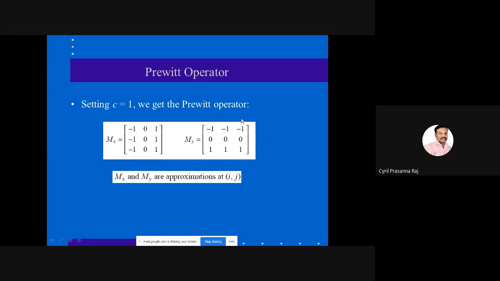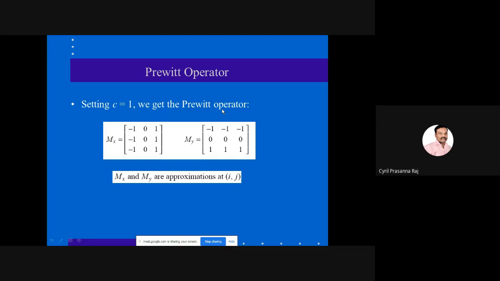Since they are taking across the columns, we call it the y mask. This is the x mask because we take minus 1, 0, 1 on the x-axis three times, and the y mask is minus 1, 0, 1 repeated down the columns. If your mask set is of this form, we call it the Prewitt edge detection operation.